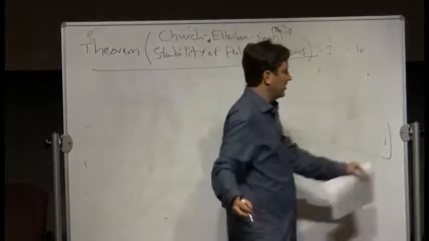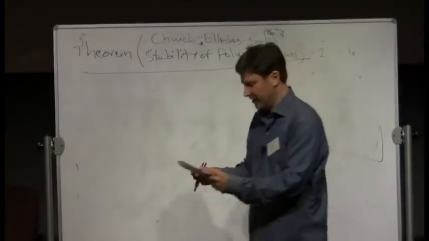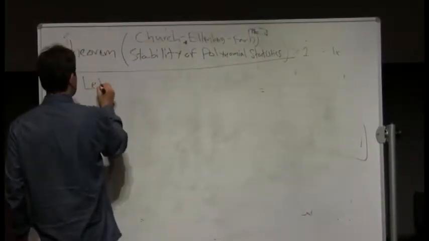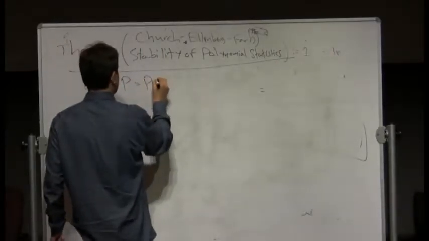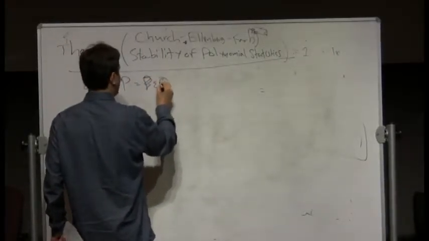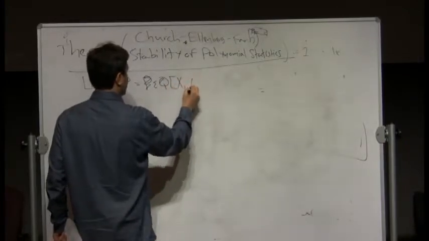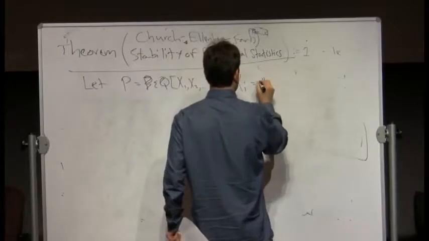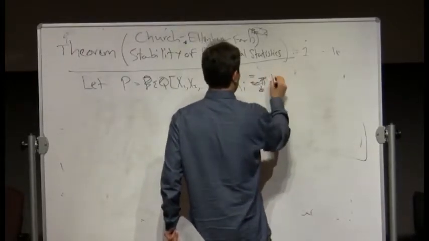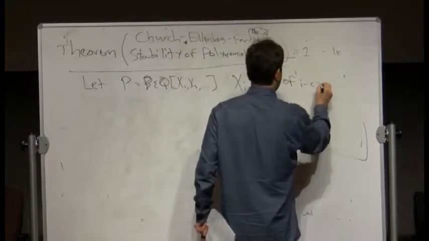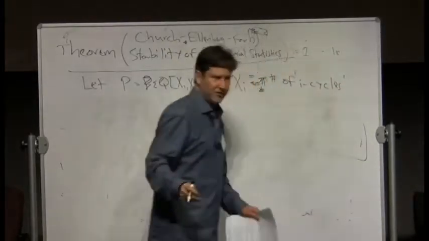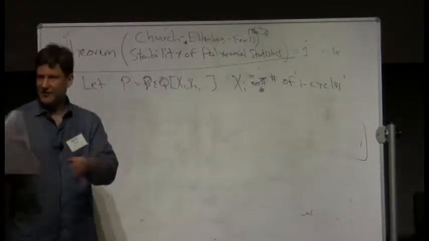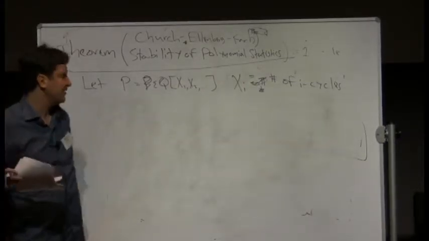I'm now going to prove all such theorems for all counting problems, at least if they have an answer. So let P be a polynomial in x1, x2, and so on, where xi equals the number of i-cycles. So this is one way to get a class function on a group, and this is a basis for all class functions. I'm just switching bases. Instead of irreducible representations, I'm going to talk about class functions.